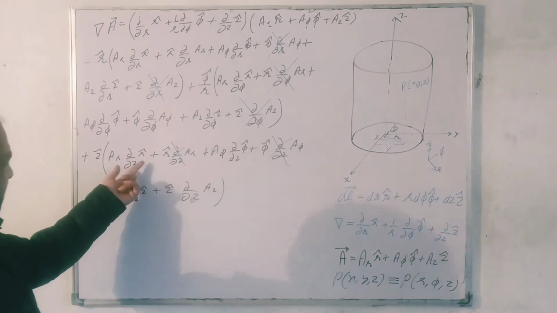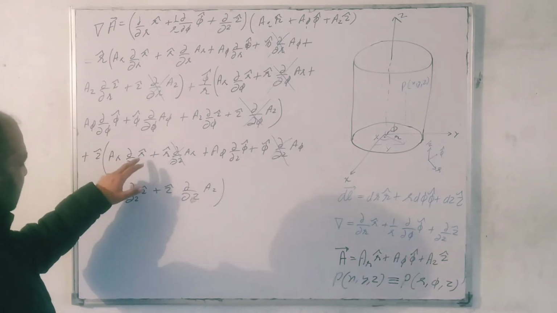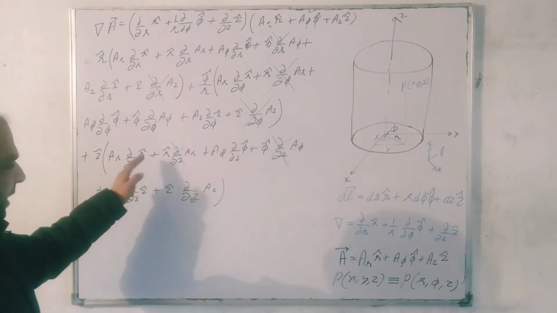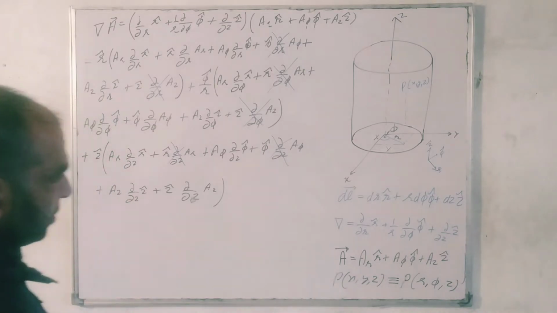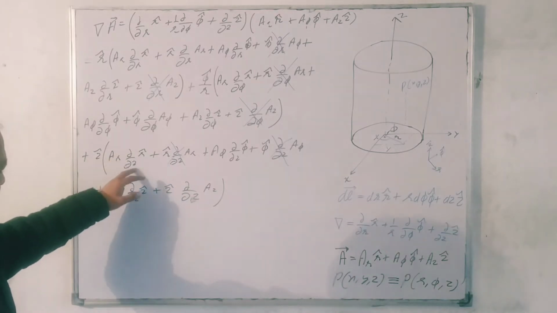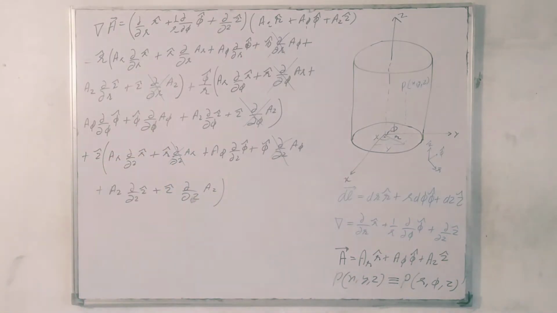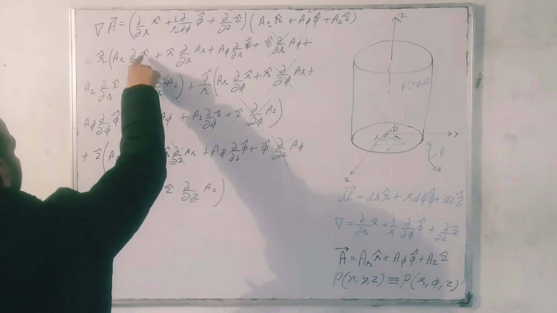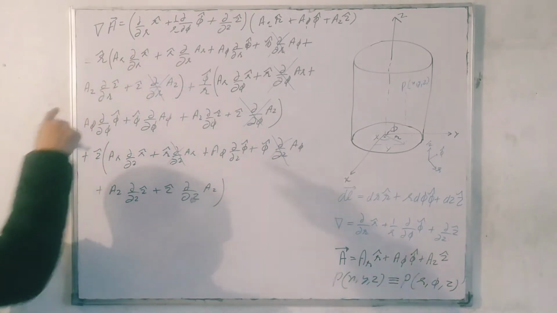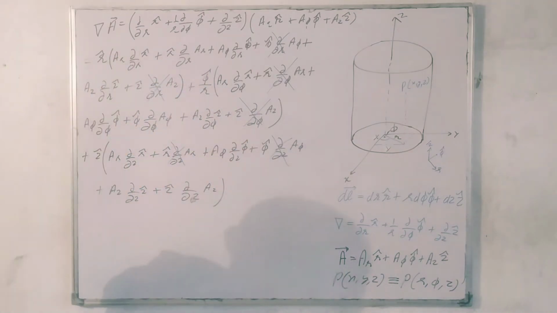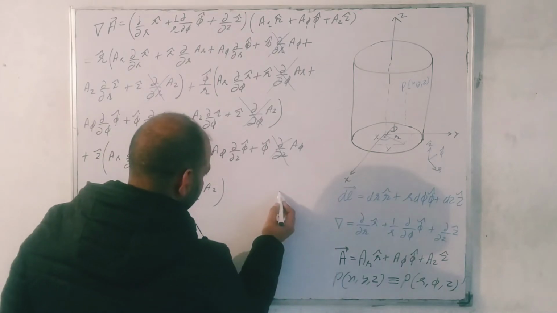See, this is not going to be 0 because this R cap is not independent. We have to operate this operator on this R cap. So we will see whether it is going to be 0 or not. But at that point we cannot make it 0 because this operator is going to operate on this particular vector. Now again, here this is change in R cap, meaning the unit vector along the R direction. Change in R cap with change in R. What is its meaning?